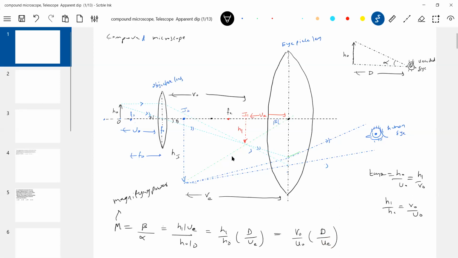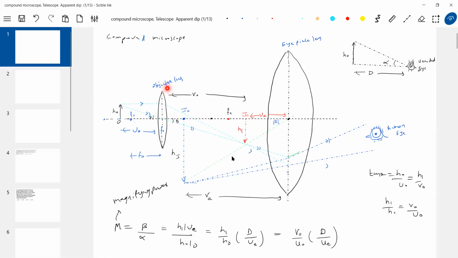If the final image formed, that I2, is at a distance of 25 centimeter from the eye, which means this eye will be very close. In the diagram I showed, this eye will be somewhere located here. So what you measure, the distance from the eyepiece lens or the eye, will be the same. Why is it called the eyepiece? Because it is near to the eye, the human eye.